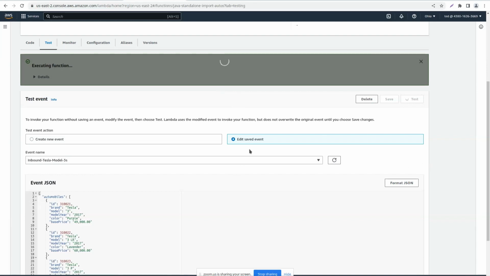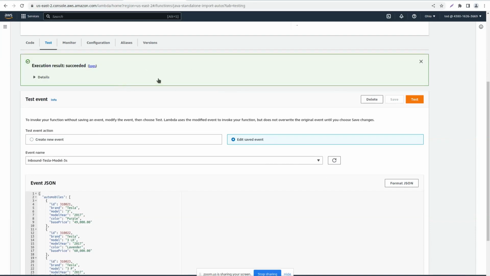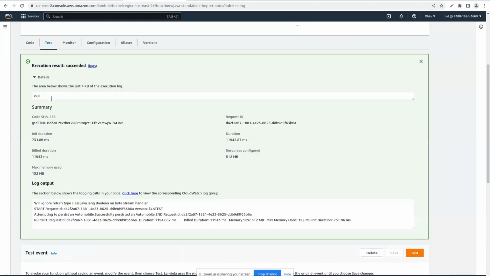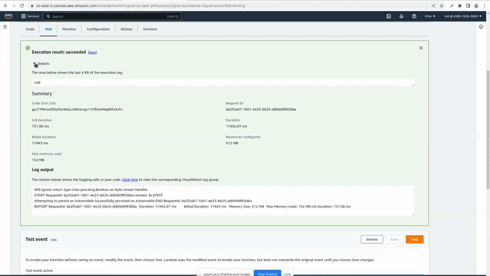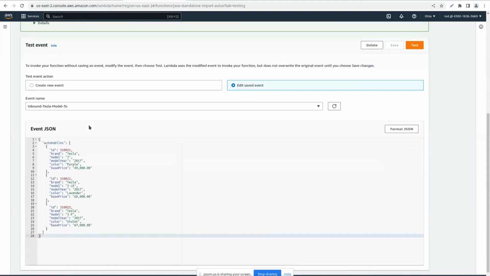And if everything turns out good, this will be green. So it's kind of a greenish color there you may have seen. So it succeeded. If it had failed, it would have been kind of a light reddish color. Now in this case, a success doesn't really print out anything. If I go to the logs, I think it'll show a true as my Boolean value came out. And as you see here, we were trying to add in 3 Teslas, Model 3s, one that's purple, lavender, and